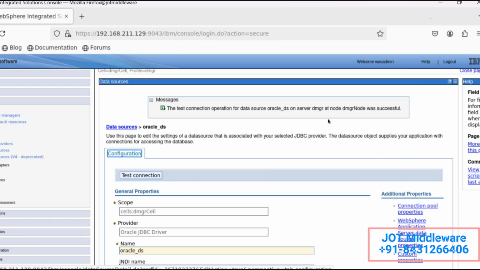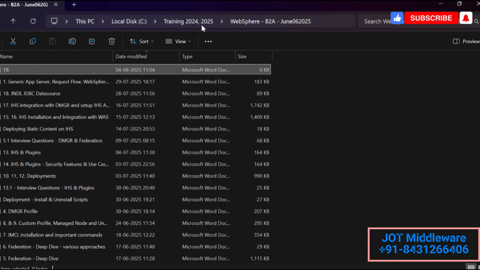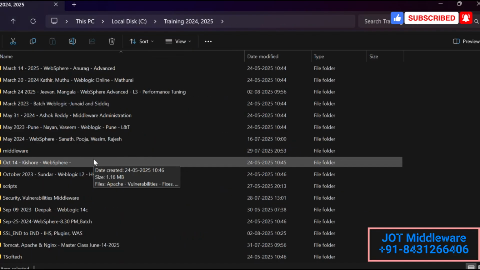So connection pool parameters, in order to tune them, you need to consider the threads, the heap, the backend database performance, and you also need to consider the application requirement load as well. So all these things, the performance tuning itself. That is why recently I took a class, I mean, a course,